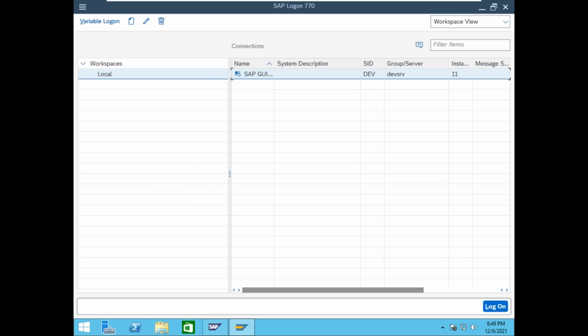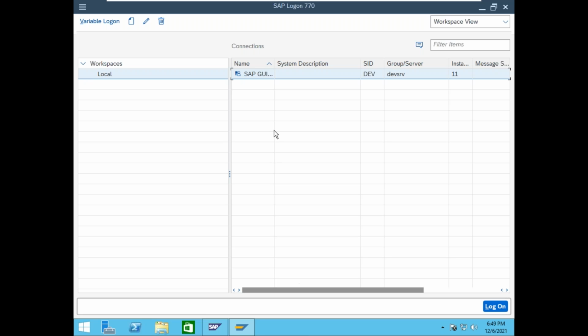Yes. Okay. This is the first post installation step. Is there any doubt on that first post installation step? You have 000 client and 001 client, and you have the SAP Star and DDIC users. In 000 client, SAP Star and DDIC user login is possible. In 001 client, SAP Star and DDIC user login is possible. This is the first post installation step.